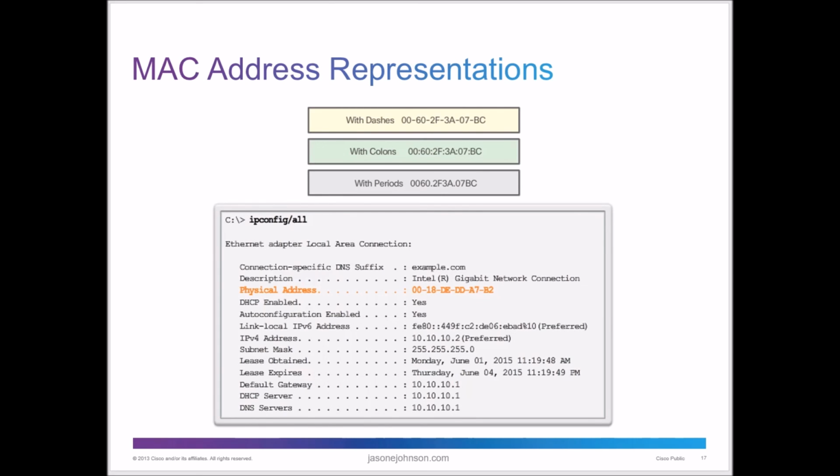So when we're looking at MAC address representations, when we do an ipconfig /all on a computer and look at our physical address, we're going to see our MAC address. You can do this on your own computer. You can pull up a command prompt and type ifconfig or ipconfig, depending on which operating system you're on, and it's going to pull up some basic information. It's going to say here is your physical address, and that's the MAC address. Remember, that's the OUI that was assigned by the vendor, and this last number was the unique identifier assigned by the vendor.